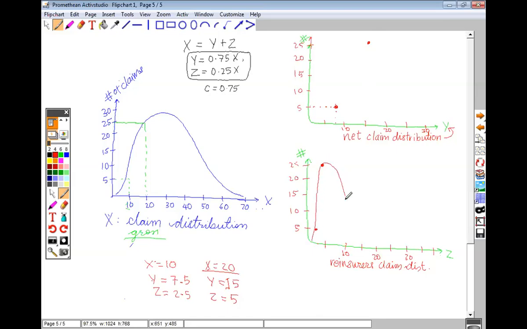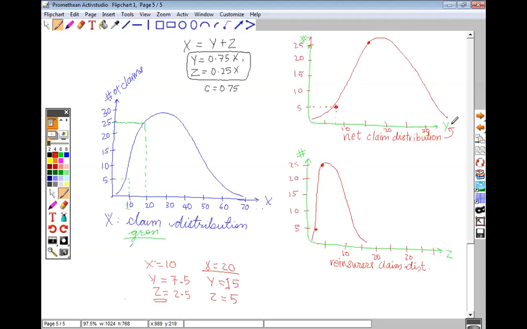So now if I try to plot the distribution, do you see how it varies? So this is gonna look something like this probably, because the reinsurance company only pays a certain percent of all the claims. So even if the actual claim amount is 10, which was incurred 5 times, for the reinsurance company, the claim amount is only 2.5, which is being incurred 5 times, right? So the distribution might look something like this, and this distribution might look something like this.